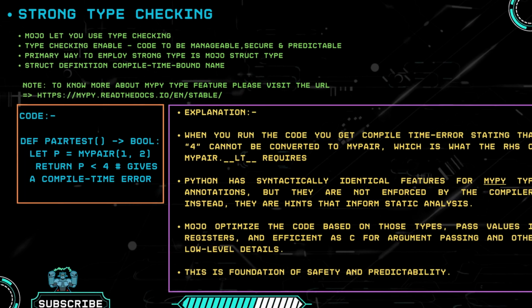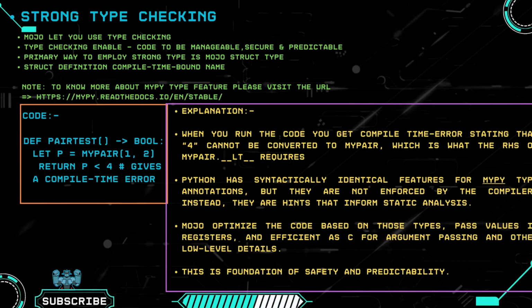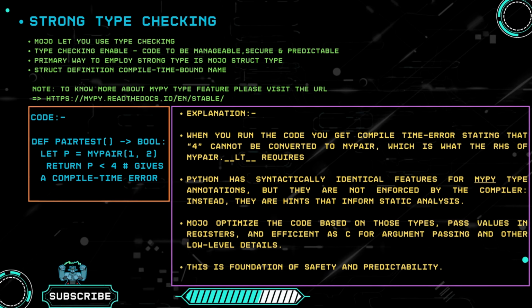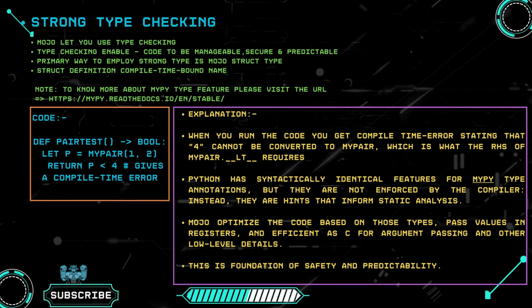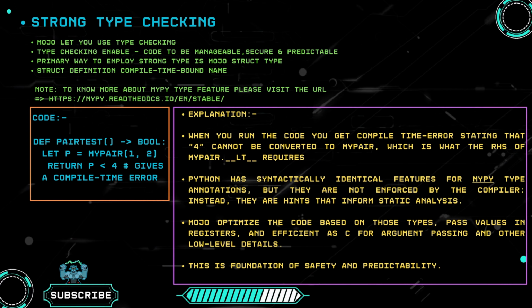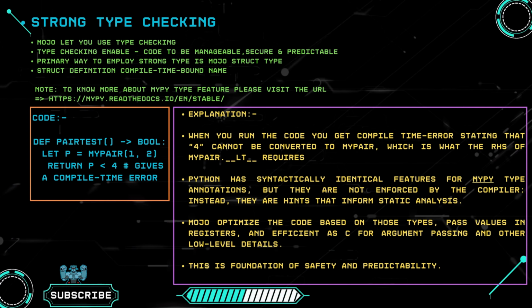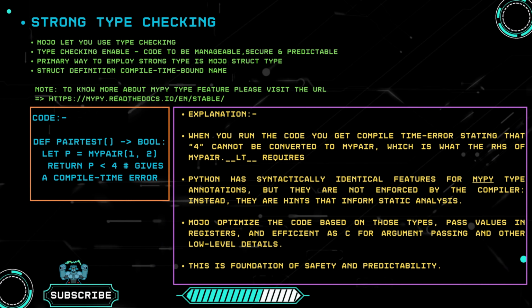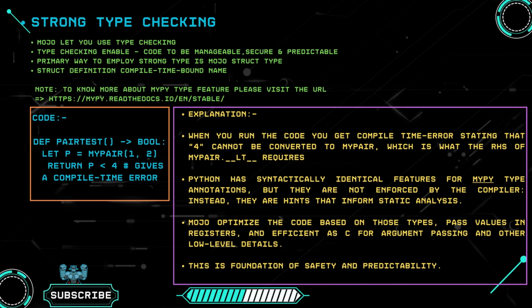Mojo lets you use type checking. Type checking enables code to be manageable, secure and predictable. The primary way to employ strong types is the Mojo struct type. A struct definition is a compile-time bound name. To know more about Mojo's type features, please visit the URL